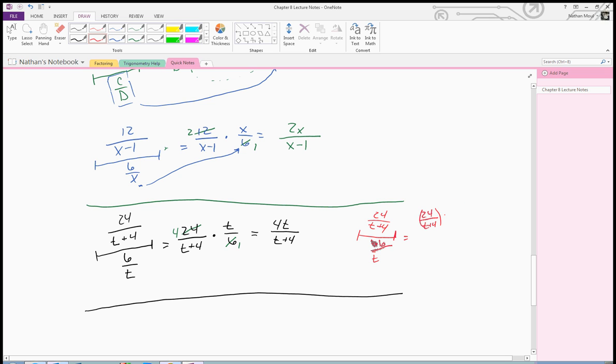Multiply this, t plus 4, all over 6 over t, times t times quantity t plus 4. And what this allows us to do is right off do the fundamental properties and say, hey look, we can get rid of this t and this t plus 4, this t plus 4, leaving us with 24